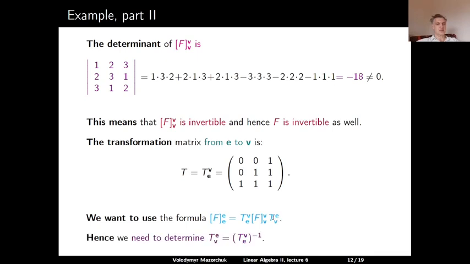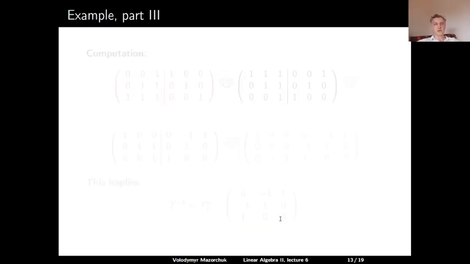But we of course know that the second one is a matrix in the opposite direction, so this is the inverse of the original transformation matrix. So let us compute this inverse. We take our original transformation matrix from E to V, then we write the vertical line, and then we put the identity matrix to the right, and now we try to reduce all this to the row echelon form